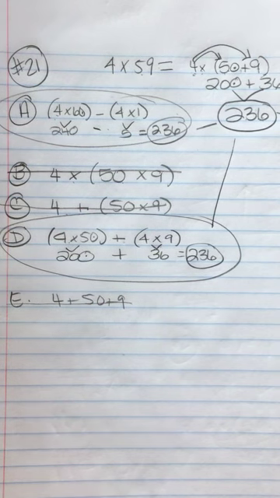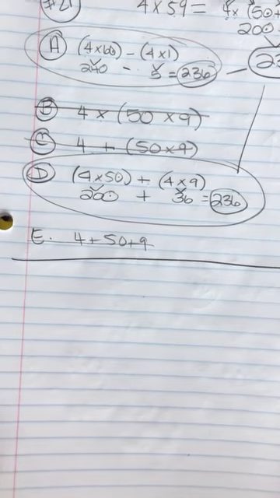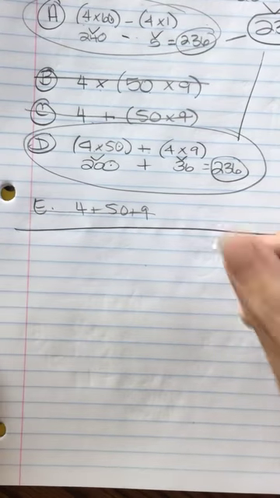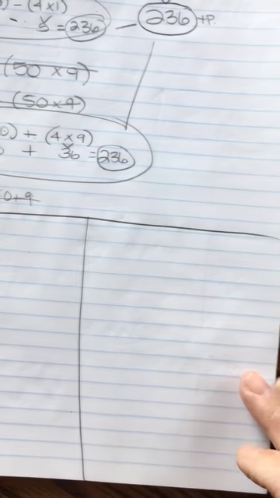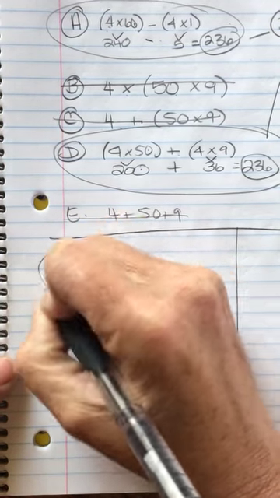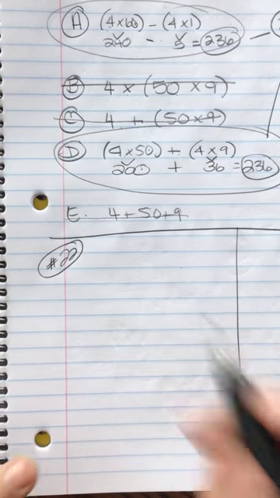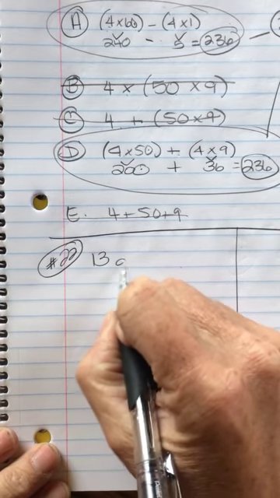All right, now I am going to go on to number 22. So I'm going to make a line here because I didn't need my whole paper, and I'm going to make 2 more quadrants so I can get 2 more problems out of this. So number 22. We need to help Alani and Hunter. They made 13 dozen cookies